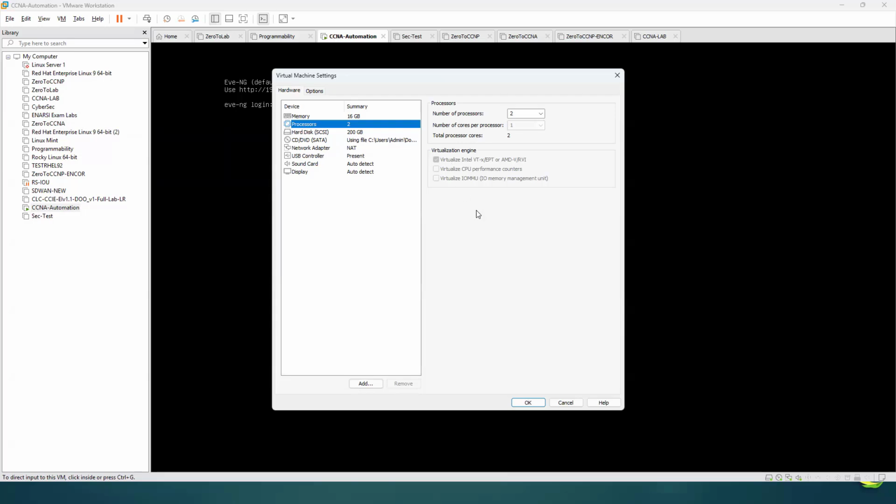And after checking this box, if you try to boot a device and it's not booting, that means your virtualization or nested virtualization is disabled in your BIOS. So you'll have to restart your desktop or your laptop. You need to go to the BIOS by pressing F10, F12, or Delete, whichever hardware you're using. You need to go to the processor part and enable, activate the virtualization there,